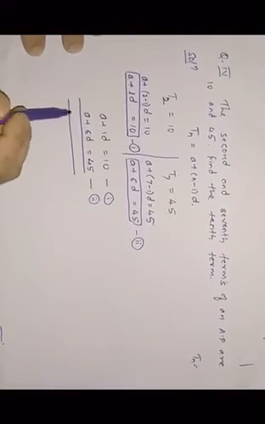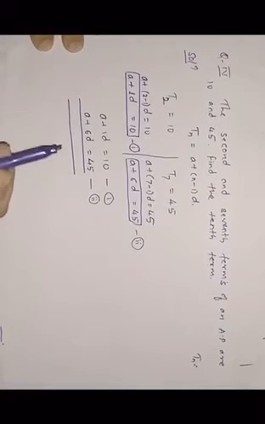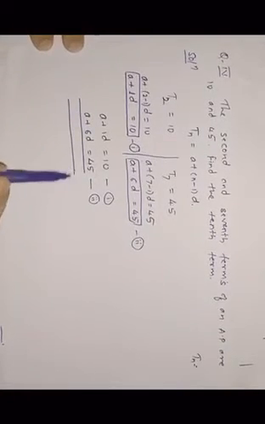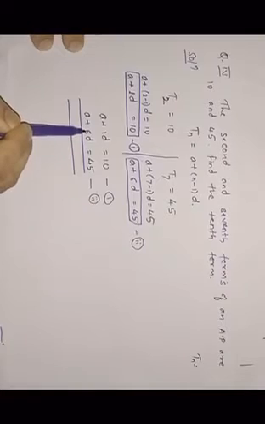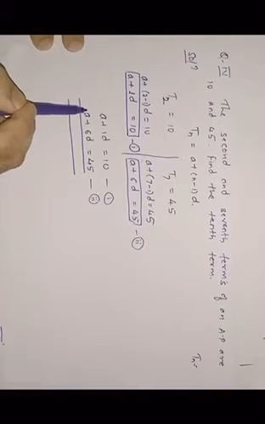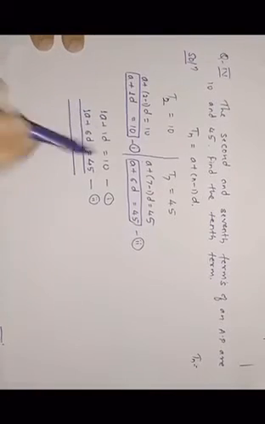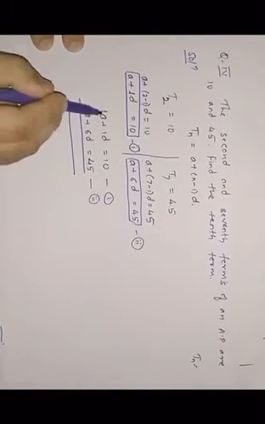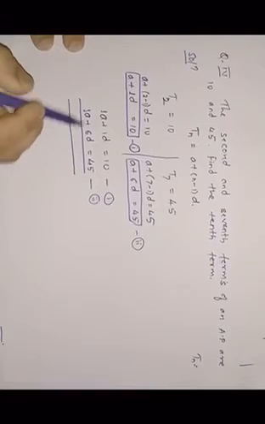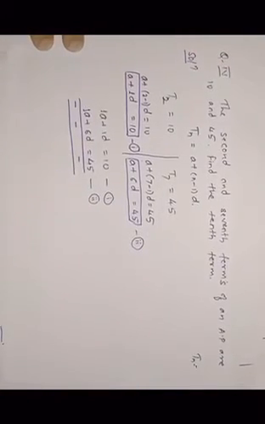First you have to check which variable has the same coefficient. Now D, if you check, this is 6 and this is 1, so you cannot cancel 6D and 1D. But if you check A, the coefficient of A here is 1 and here also it is 1. So both are 1, so we can cancel A. To cancel A, both are positive, so we have to change the signs. Plus becomes minus, and plus becomes minus. That means we are subtracting both the equations.